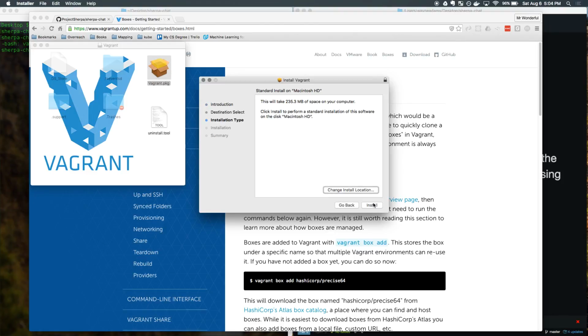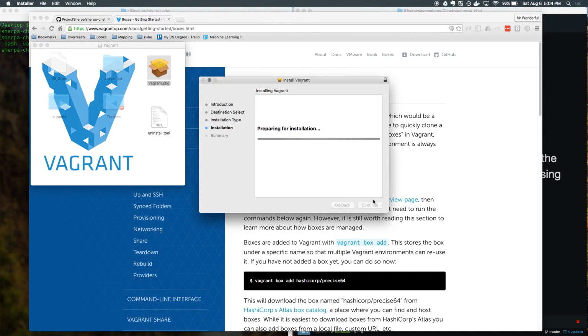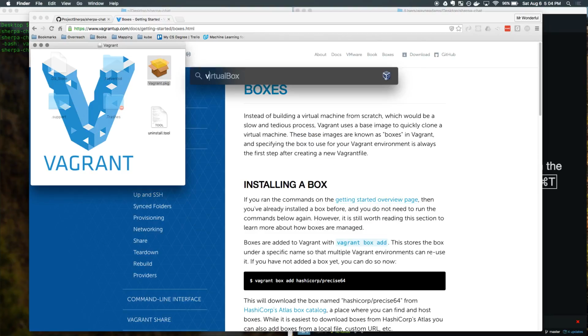Walk through the process. Looks pretty straightforward. Go with the defaults. It's a good password right there. All right, installation was successful. So let's go ahead and